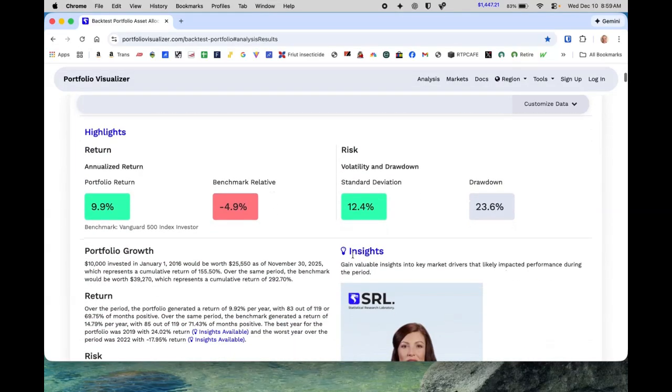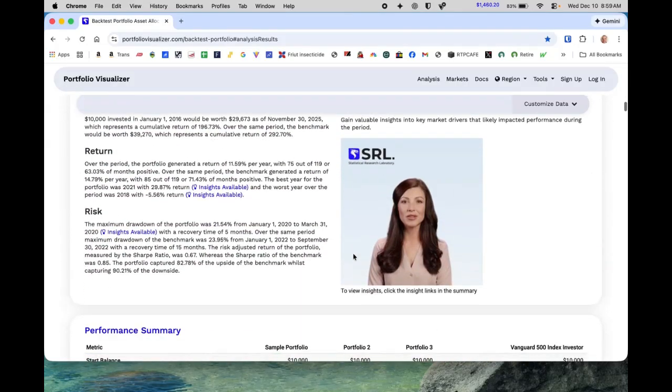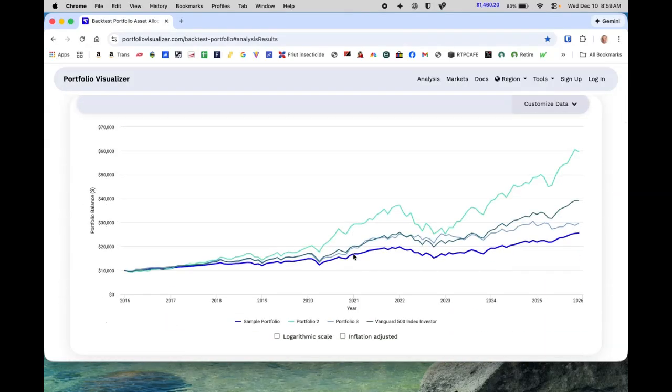Okay, so you can go down, take a look at it, all this other stuff, right? But this is where I take a look at it. So if we take it, the sample portfolio is right here. So if I would have invested $10,000 in 2016, I would be right here. Portfolio 2, which was QQQ, this is a good example of keeping your head on straight when there's a downturn. So let's say that I had this $10,000 in 2016, and it now, as you can see,